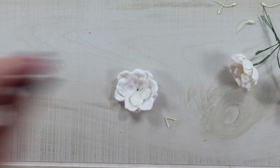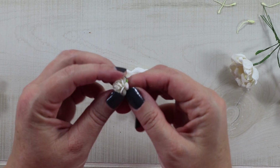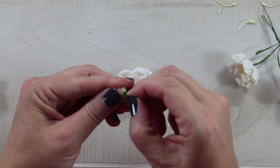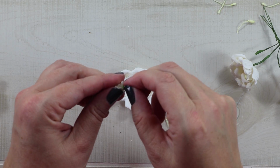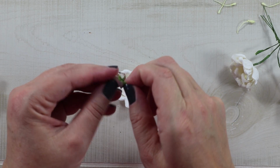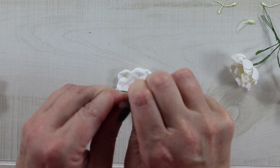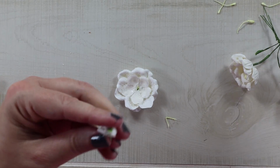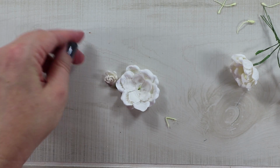I'm going to add a smaller white rose. This is also from Really Reasonable Ribbon. It's called an open rose. I would recommend using a very good wet adhesive or hot glue, which I didn't bring my hot glue down to the camera area, so I'm going to just use my Tombow Mono Multi